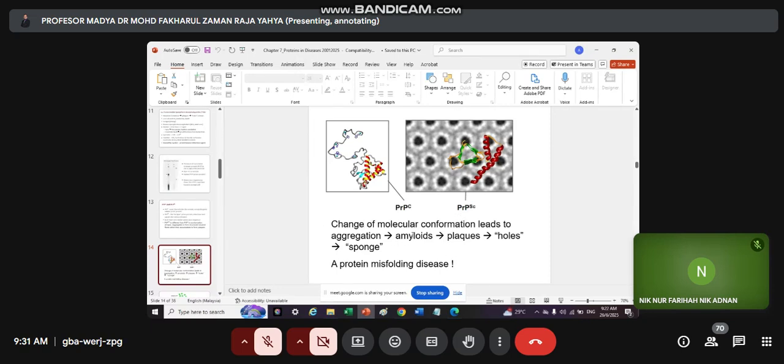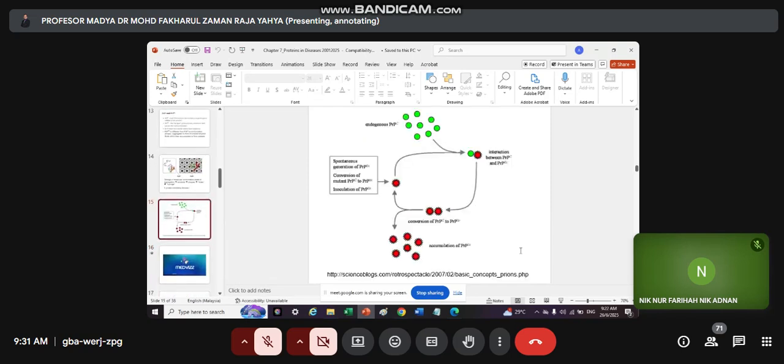Changes in protein conformation, protein structure, or protein shape can lead to aggregation, amyloid formation, plaque formation, and holes. Then our brain organ becomes like a sponge, like SpongeBob. So this is about a protein misfolding disease. This illustration, I think, is clearer than the text to show how